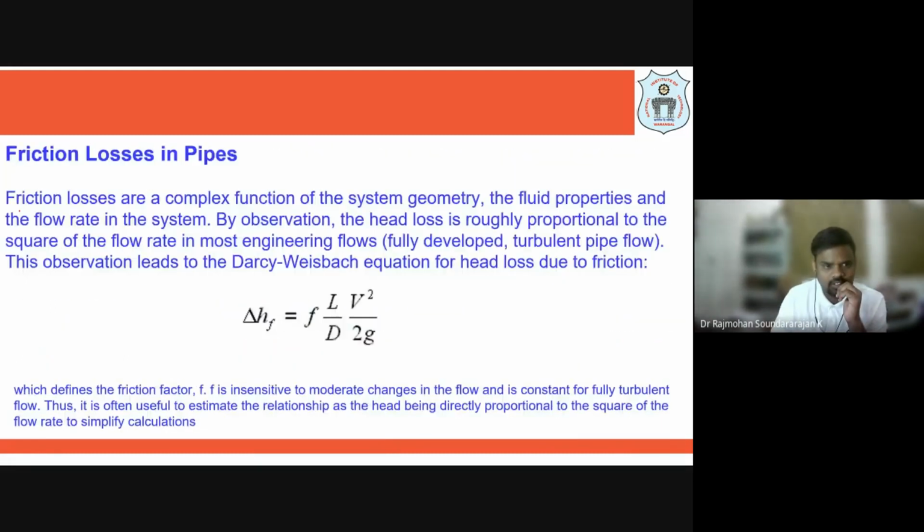Okay, what is the Darcy equation? We have f L by D, V square by 2g. Why am I not writing 4f here? Because I have inferred that it is a Darcy friction factor, which is f. If it is a 16 by NRe chart and I got an f value, then I will be using 4 f L by D, V square by 2g to determine the delta hf. Then delta P is equal to rho g hf, right? So we can get the value of the pressure drop across the pipe.